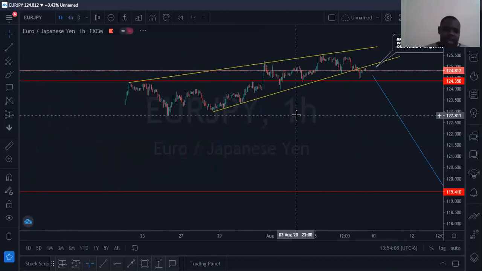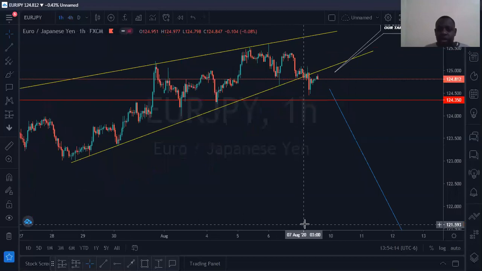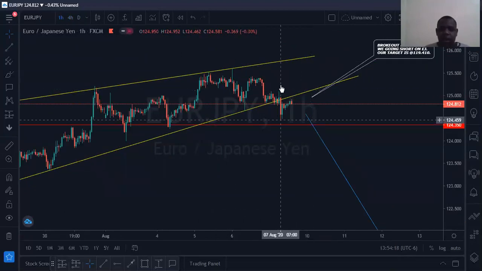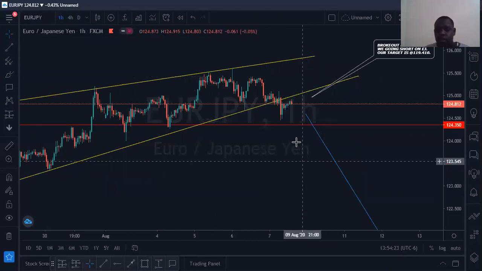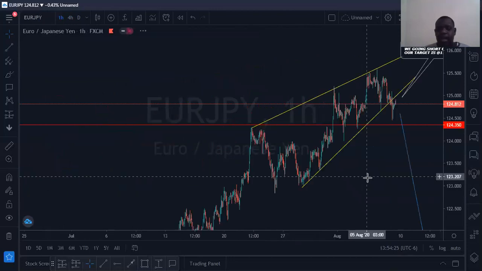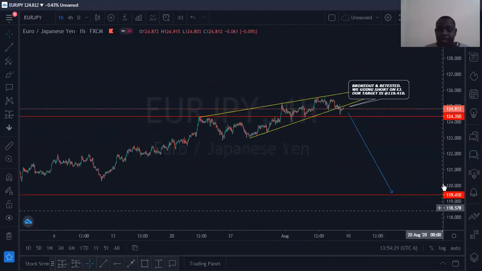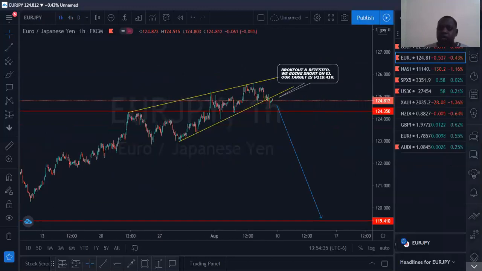I'm very sorry today, guys, that I did not start with you analyzing this, but today I was just working on many things. As you can see, the market has broken our channel, and it's going to retest it. Then we're going down with EJ, which is EURJPY. More setups will be sent on our Telegram channel.